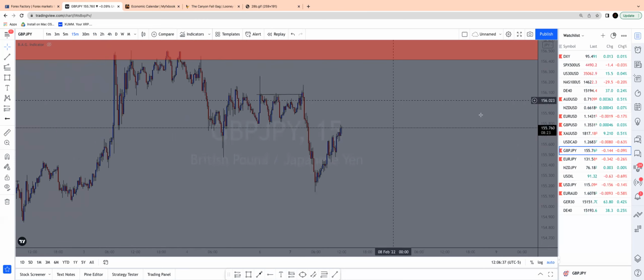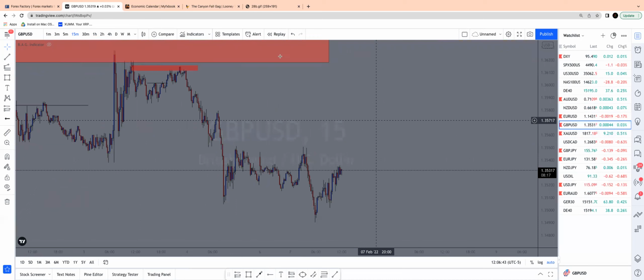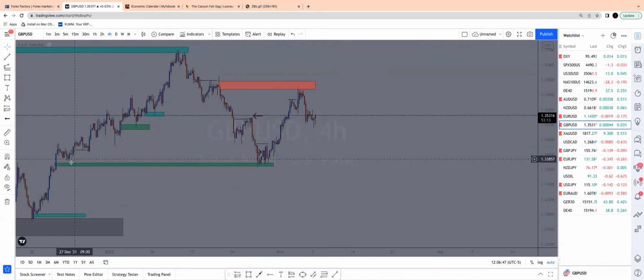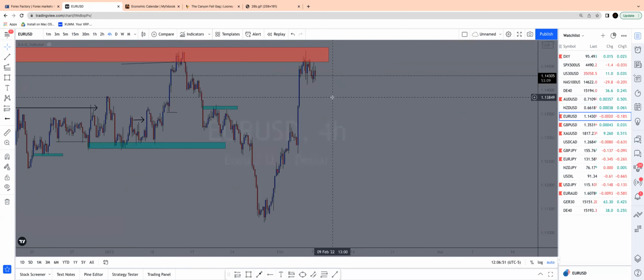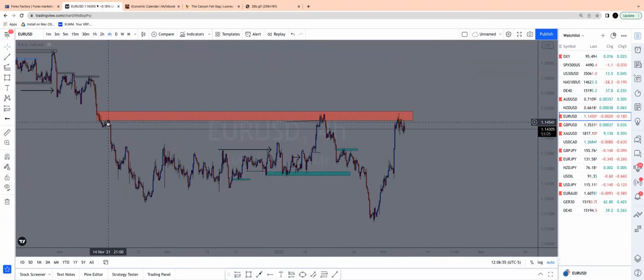All right, so this is what I really wanted to break down. I know many of us have made these mistakes for so long and not understood why price does what it does. But believe me, once it starts to make sense, you're like, oh, okay, I see. This is major structure,